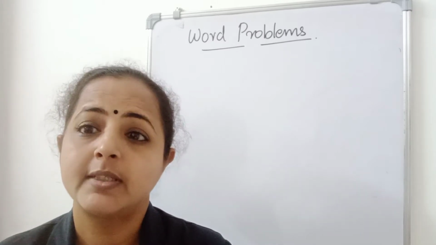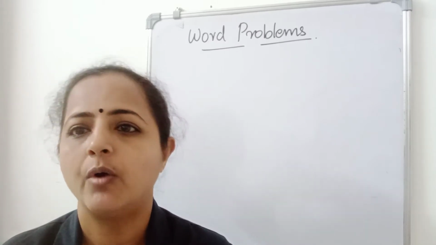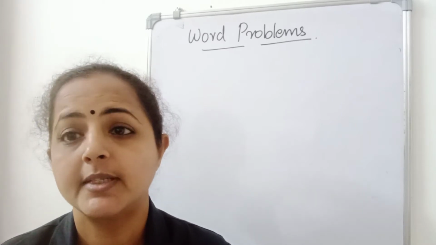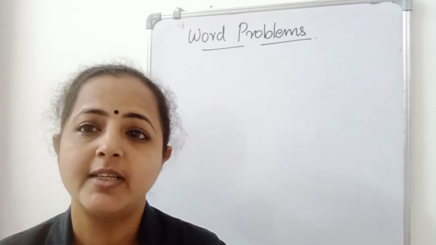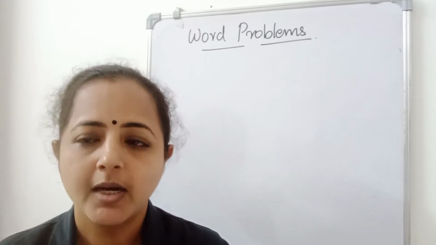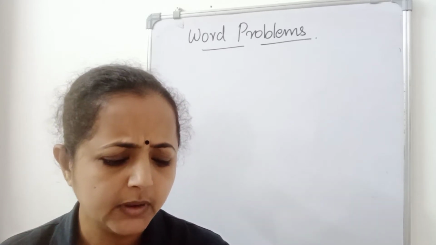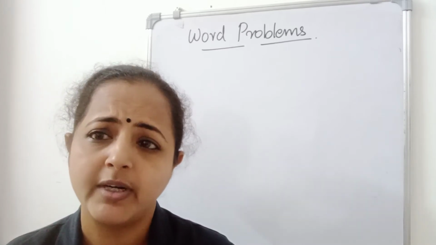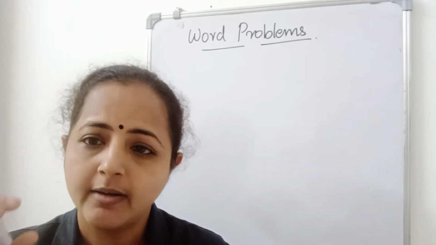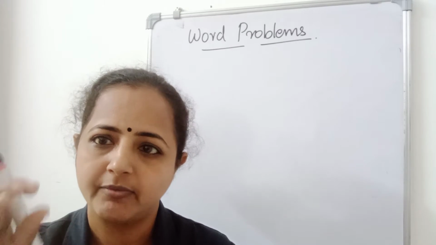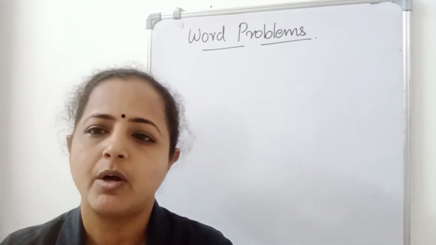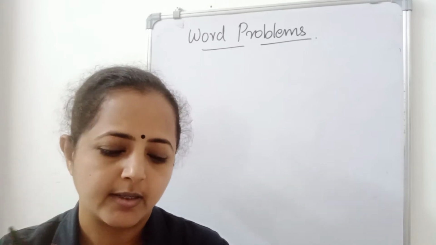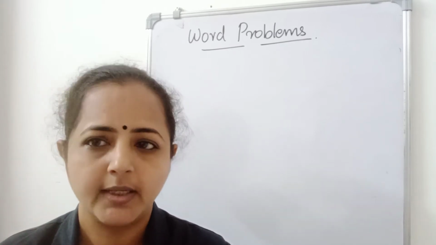So first, for every word problem you have to read the question 3 or 4 times. Then understand what is the meaning of that question. Clear the meaning. Here the temperature setting of a fridge is given. In a fridge, 2 compartments are there, one freezer and the other part also. So the temperature of different parts is measured differently here.